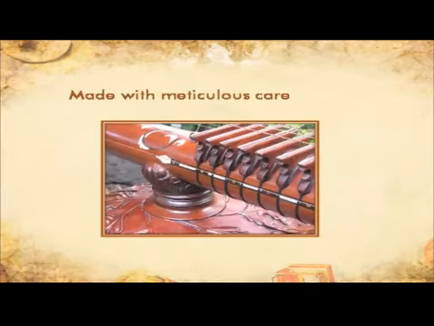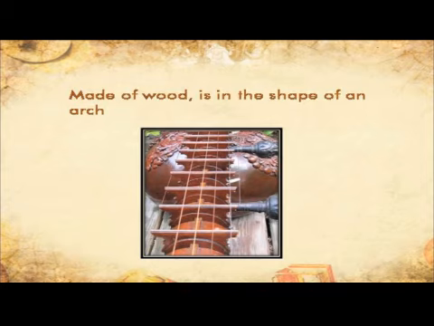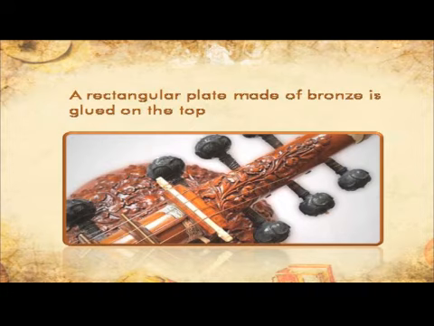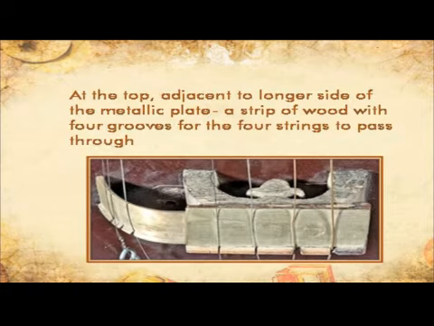Bridge. This is made with meticulous care. The bridge, made of wood, is in the shape of an arch. On top of this wooden bridge is glued a rectangular plate made of bronze. Atop the wooden bridge and adjacent to the longer side of the metallic plate, there is a strip of wood